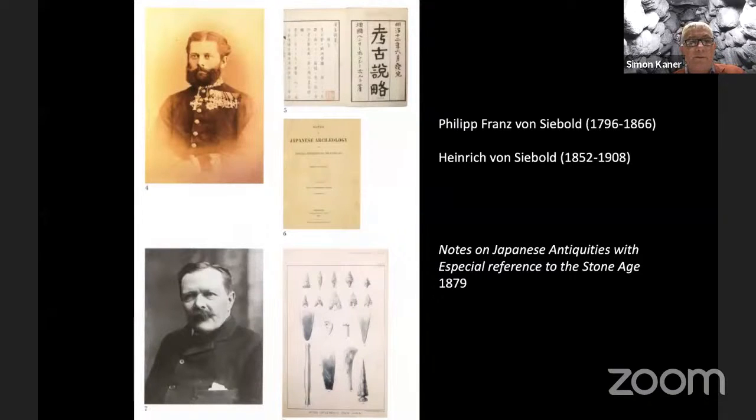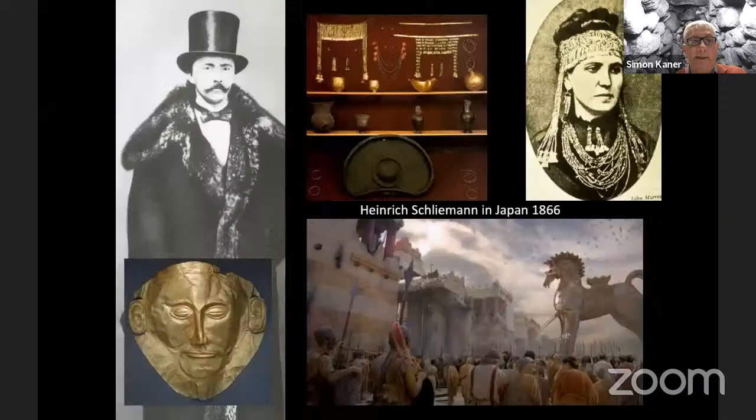And the von Siebolds deserve several lectures all of their own, really, but they were early pioneers, Germans working for the Dutch East India Company in the first instance, and then as diplomats in Japan, and published some of the first references in English and German to Japanese antiquities, and putting together some of the very first collections, many of which now have been scattered through museums across Europe, including the British Museum itself. So there was interest when Gowland was in Japan. There was definitely interest in archaeology.